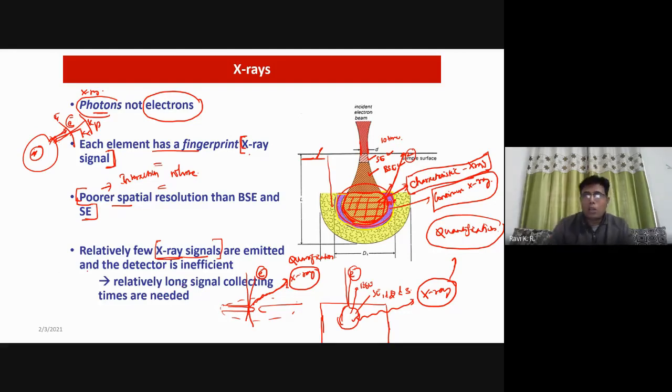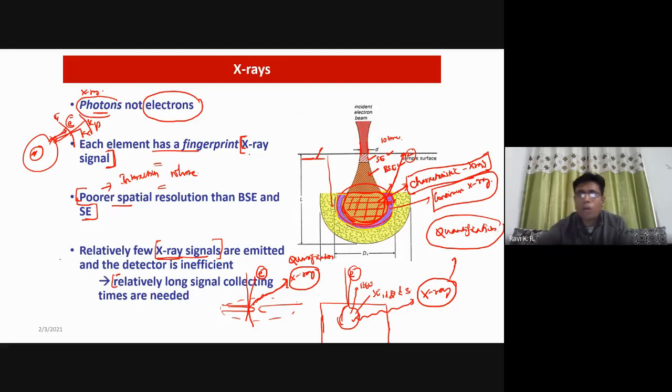I do not know how many of you have used SEM and EDS. When you do SEM, immediately you start getting a signal. But if you want to do EDS, you have to wait for at least 3 to 4 minutes, depending on the signal detector property. But in general, it takes at least 50 to 100 times longer to get a sufficient amount of signal to do EDS analysis. So these are some of the important comments.